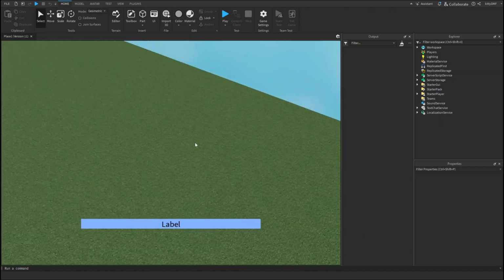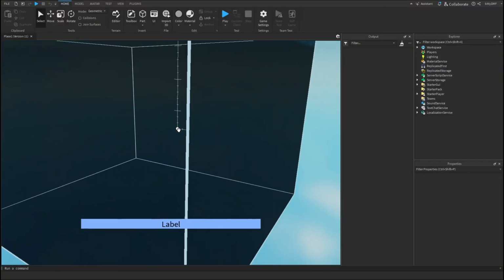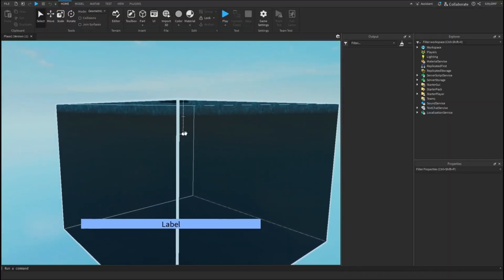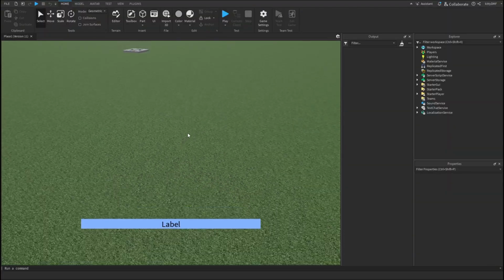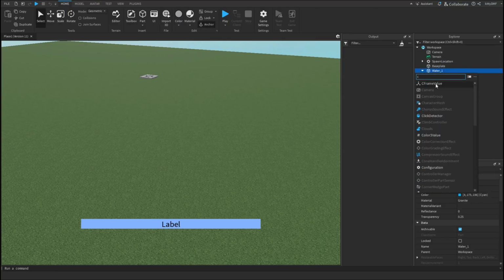One thing I want to get done, or two things I want to get done, is the water script, migrating it to a module script, and adding functionality for the buttons. So first off with the water script, you can go to workspace, go to your water, add a new